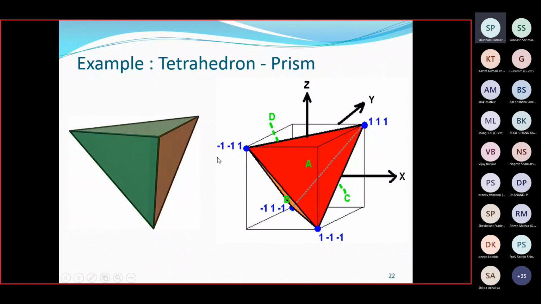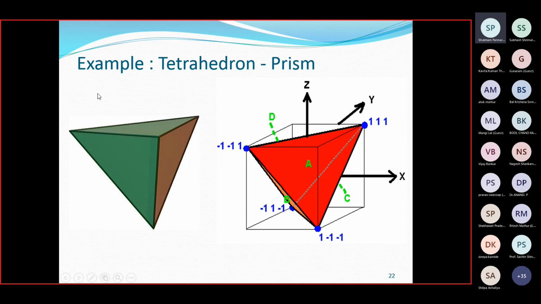Minuses are also there, remember, but in the STL file, just for example, I am stating that the minuses are there in the axes, but remember, an STL file should not have any negative value in it. There should not be any negative value.